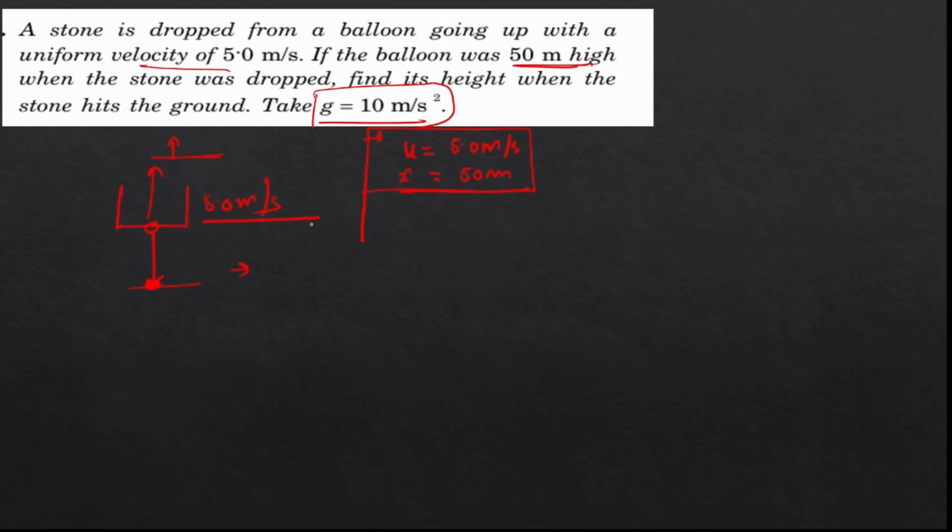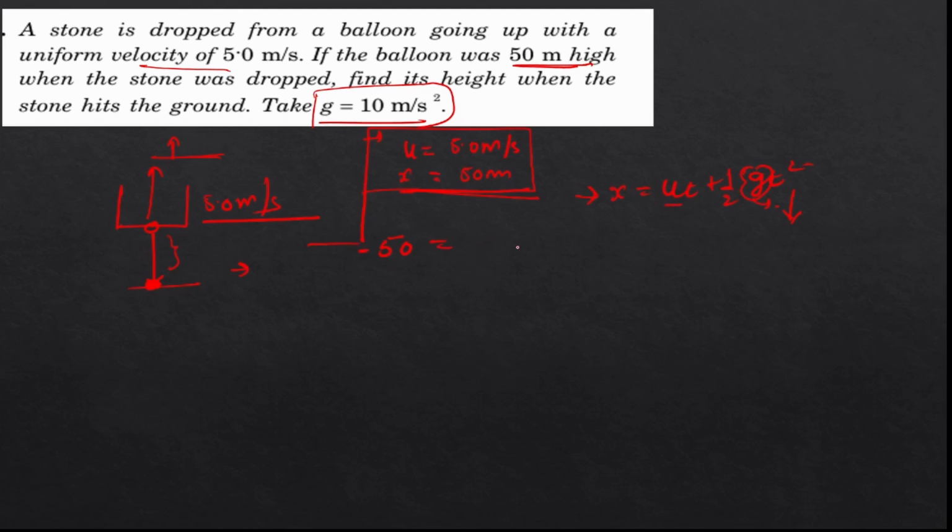That means we first will find the time interval which this stone will take to reach the ground, right? How can we find this? By our second equation of motion. As I said, the direction of motion will be the positive x-axis, and along with this I have to manage the sign convention, because the stone is falling down, so I need to take it as negative g. So x would be what? X we have been given, 50 meter,